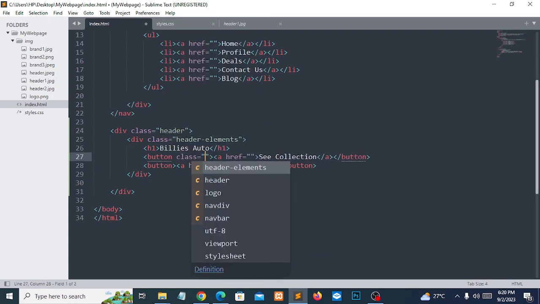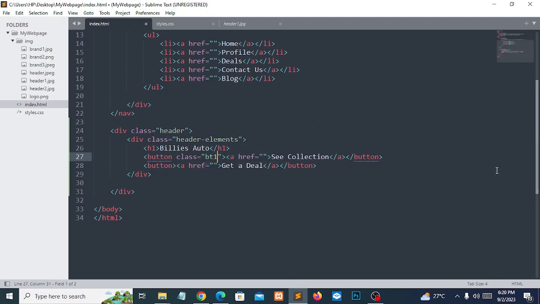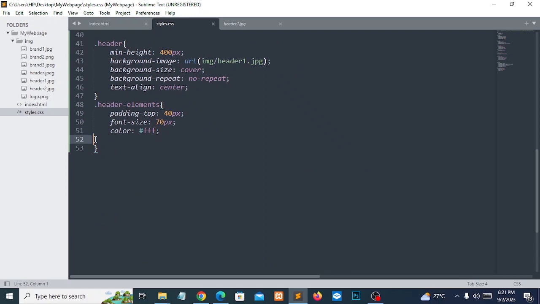So class, I'm going to say this BT1, class BT1. I can copy this. So I'm targeting this class inside this element, this parent class. So I'll come here and say dot header elements dot bt1 space. Now I want it to have a height